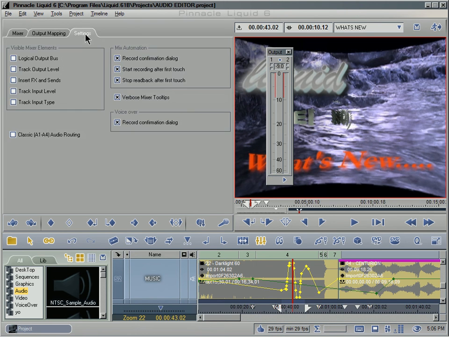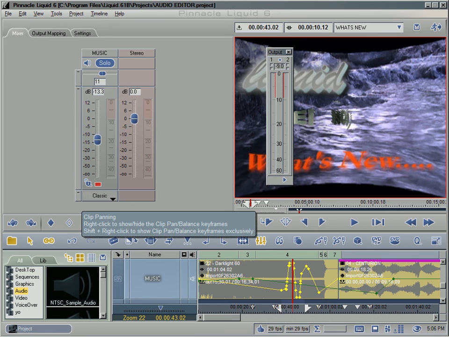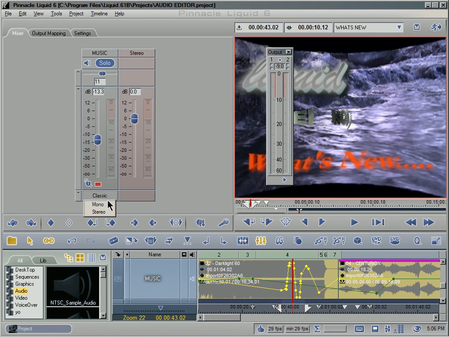Let's go back to settings. Let's turn on track input type. Go back to my mixer. Aha, you can see the classic input type is still activated. If I switch this over to stereo, there goes my clip panning, and now we are back to where we were. So now that we're back in the new setting and we've gotten rid of our classic,